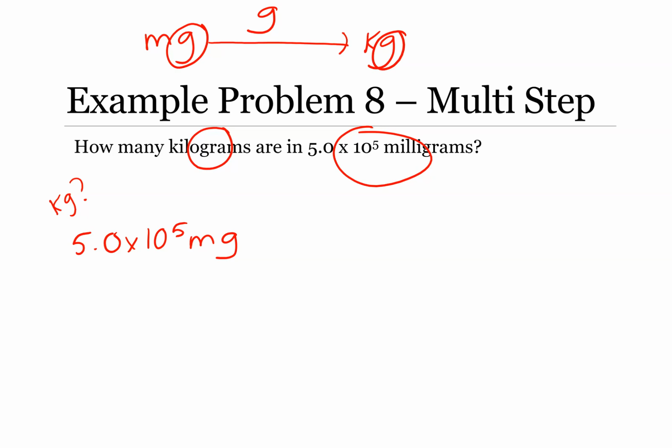So since this is a multi-step equation, draw your multiplication symbol, draw your division bar, bring milligrams to the denominator to cancel, and put grams on top. Draw another multiplication symbol, draw another division bar, bring grams to the bottom to cancel, and then you can finally convert to kilograms. So we give the 1 to the thing with the prefix, which is milli,